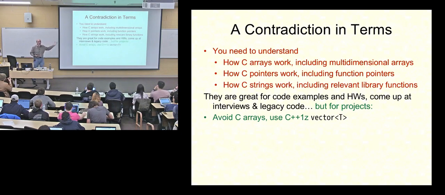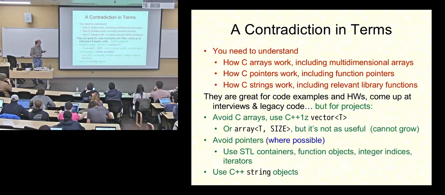I don't want to go and write dynamic memory myself. Let's take advantage of vector or array, etc. So in 281, we will generally avoid pointers when we can. We'll use them when we have to, but we'll avoid them when we can avoid them. Instead, we'll use things like the STL containers, like vector, etc., and we'll use things like integer indices or iterators,